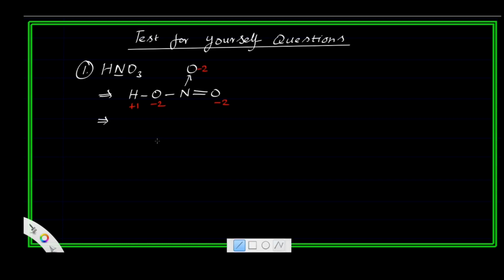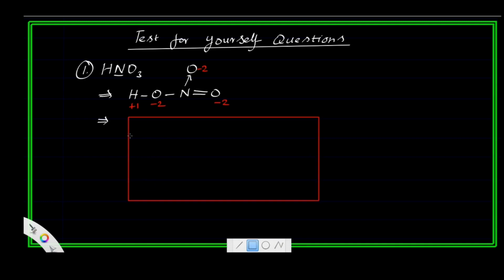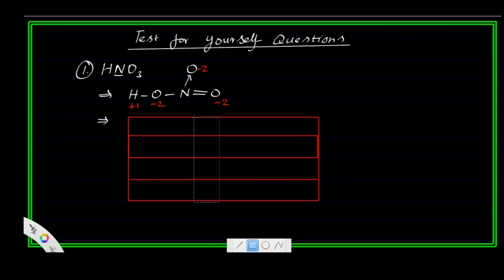In next step, we draw the table. On filling this table like this: element, oxidation number of the elements, and total value.